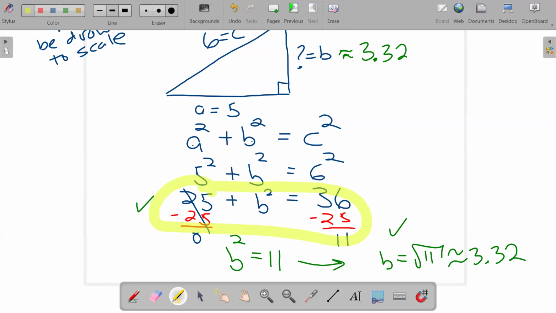I had a question. So on the test, we did a division